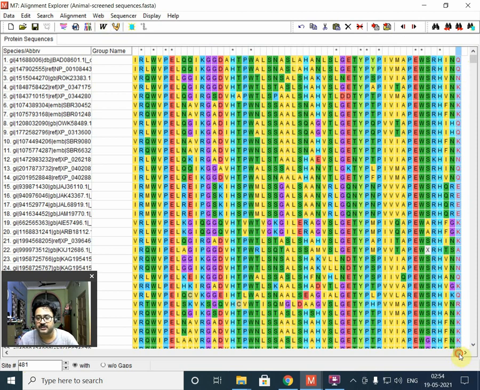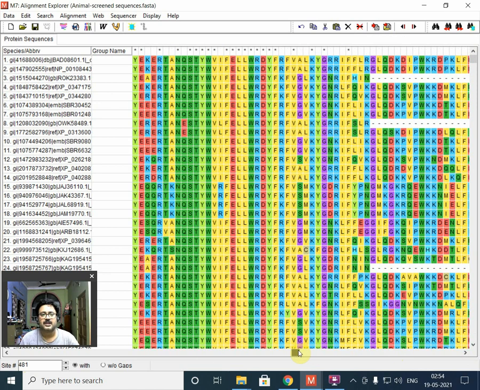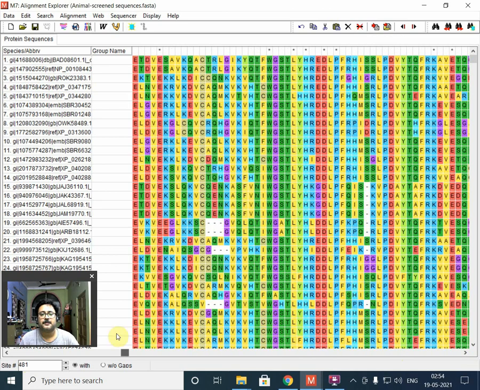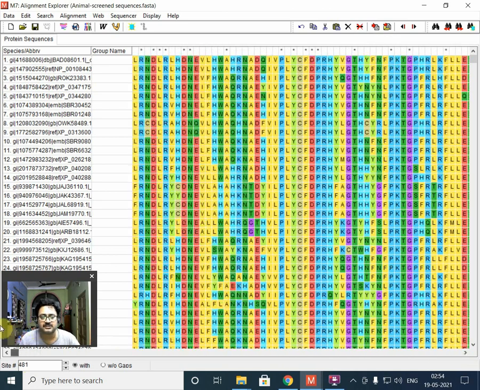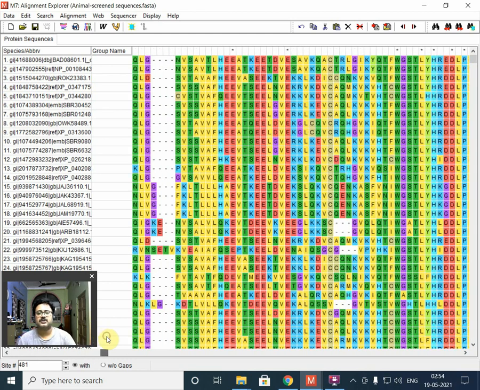So from our experience, we didn't see much difference between the multiple sequence alignments generated using ClustalW and MUSCLE. But because the algorithms are different, they use different guide trees. So if we use a huge number of sequences, maybe 1000 or 1500, there may be differences. Also, this data contains only animal sequences.